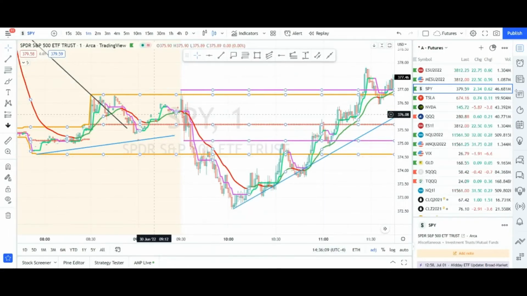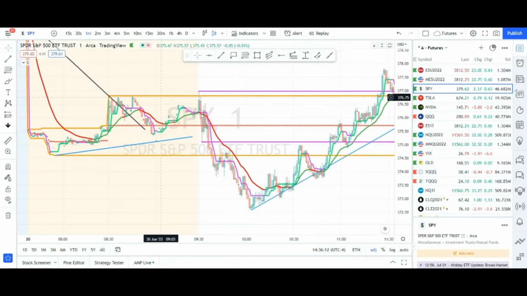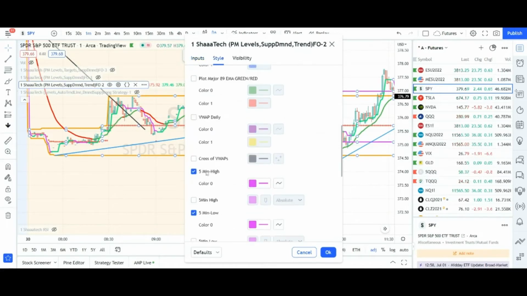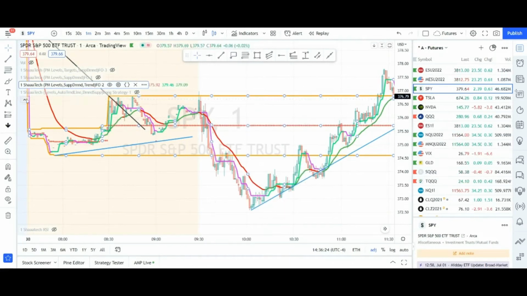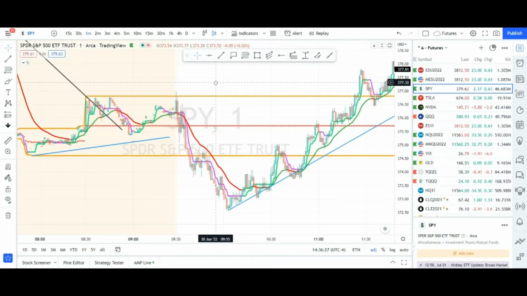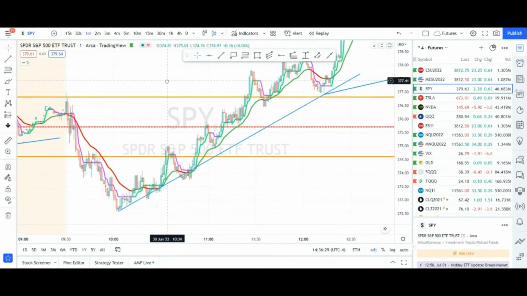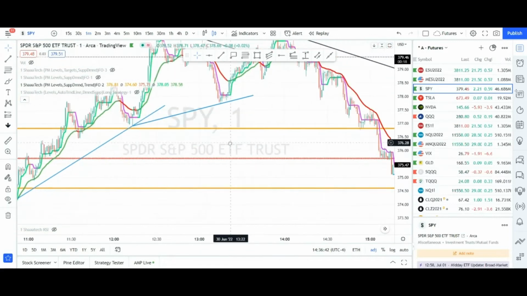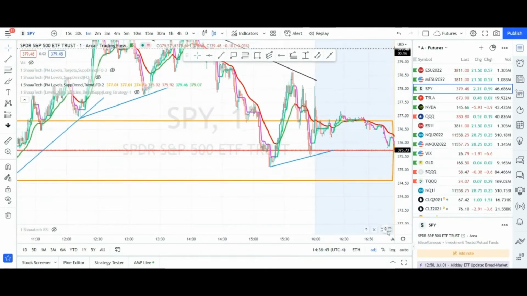On the chart, this was the high in the pre-market, this was the low, so it will automatically draw the lines. These purple lines are the 5-minute high and low, which is also really good. I will mention in the next video how you can use these levels, but for now I'm just drawing the pre-market high and pre-market low. If I highlight this PM high and PM low, I'm just showing the PM low right now, so you will know why I put it here. If you see at the end,